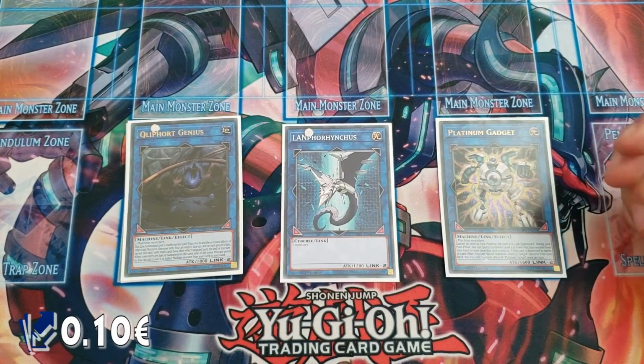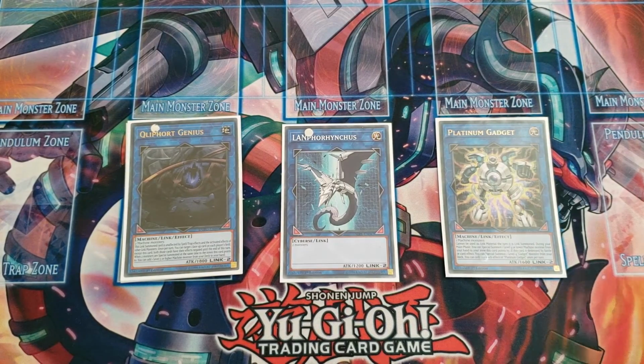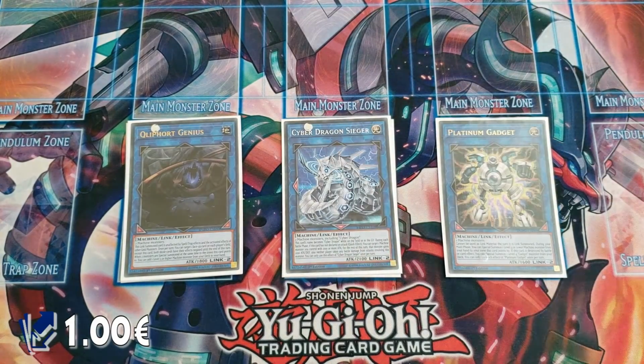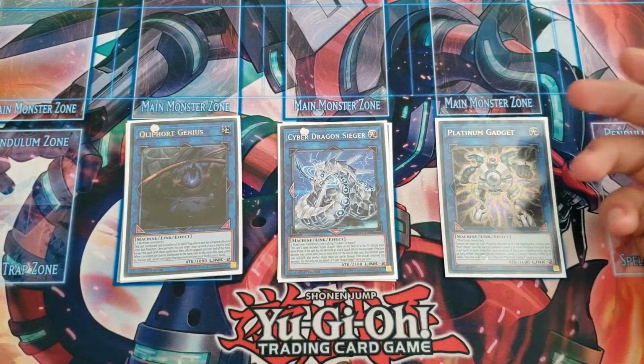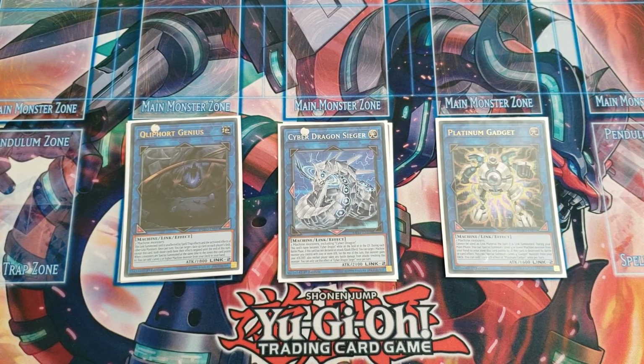Next, for another link 2 machine, we have Qliphort Genius. It gets to negate a monster effect, plus it is unaffected by spell, trap and link monsters' effects. Next, Cyber Dragon Seeger. This Cyber Dragon link, the Overflow, this guy pretty much makes your Overflow become a Power